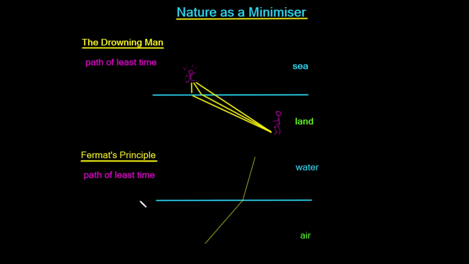Now, an extension to this here is something called Fermat's principle. Let's imagine we had a beam of light, and again the beam of light is in the air and it's passing through into water. Now if you've seen before, if you put a stick in water you can see it looks like the stick is bent. So what's actually happening is the light is bending. So the light's travelling from this point here